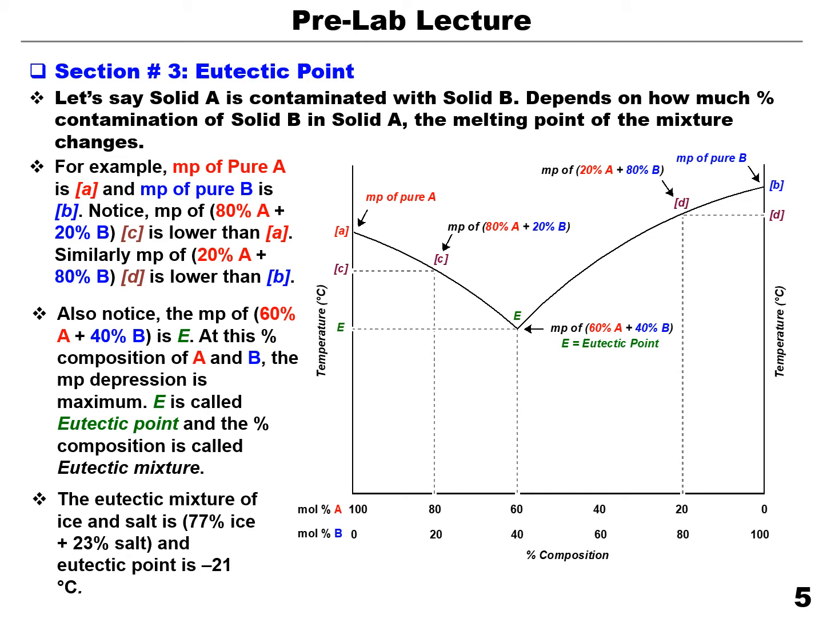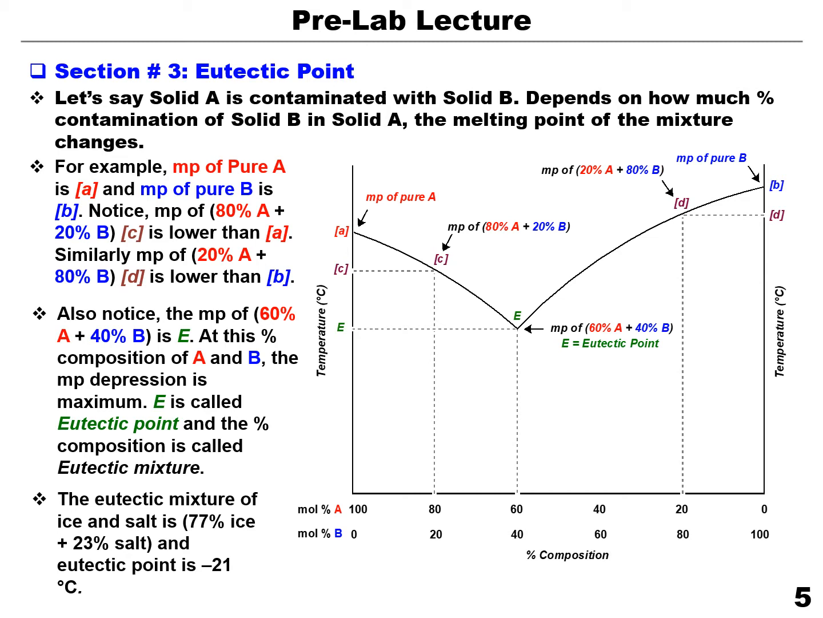That shows us a depression. So the melting point of pure A is greater than the melting point of 80% A plus 20% of B. However, if you keep adding more of B, you reach a point where there is no more decrement, right? And that is called eutectic mixture. And the temperature reading at this eutectic mixture is called the eutectic point, which is the